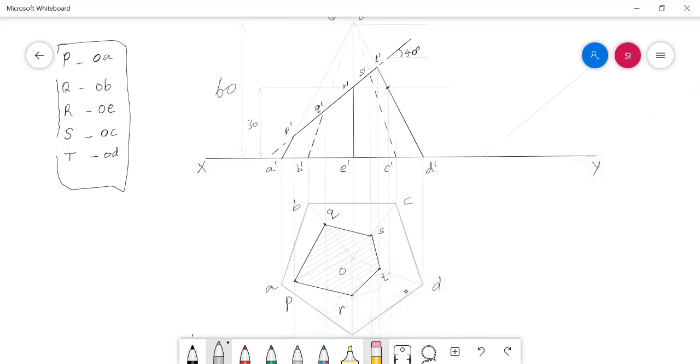So, and then in this top view also we need to highlight the retained edges. See, in the past the edge OA is now only PA, the edge OB is now only QB. So the portions OP, OQ, OS, OT, OR do not exist now. So we have to leave this and highlight QB, PA, RE, TD and SC only as visible edges.